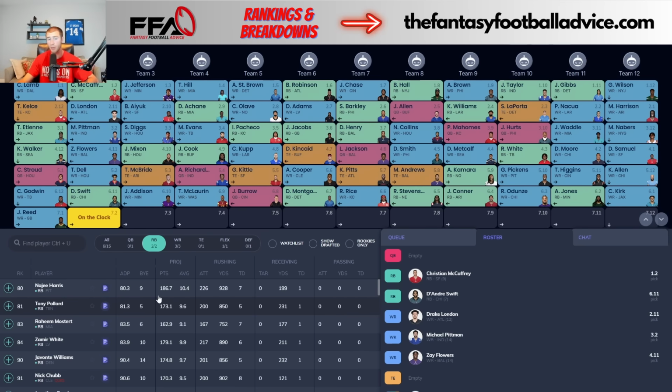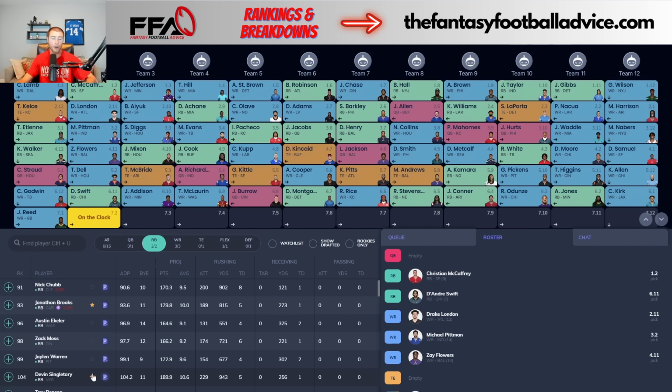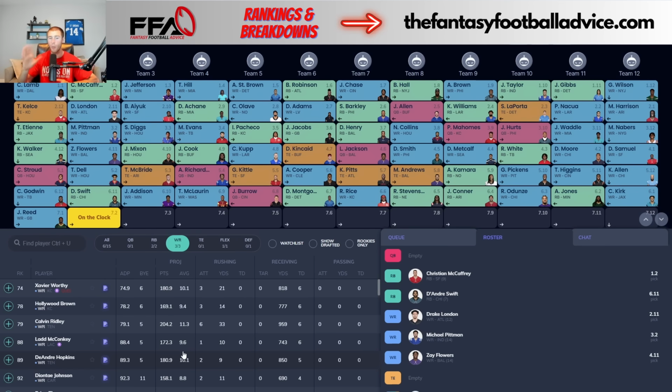So I think I'm going to go there. I think I'm going to bank on maybe getting Jalen Warren in the next round. And if that doesn't work out, maybe it's because I got one of Jonathan Brooks or Spears. That's the heart of what we're maybe targeting at our next pick. So no quarterback, no running back. I think our hope for the next round is quarterback and running back is what we'll be doing. But